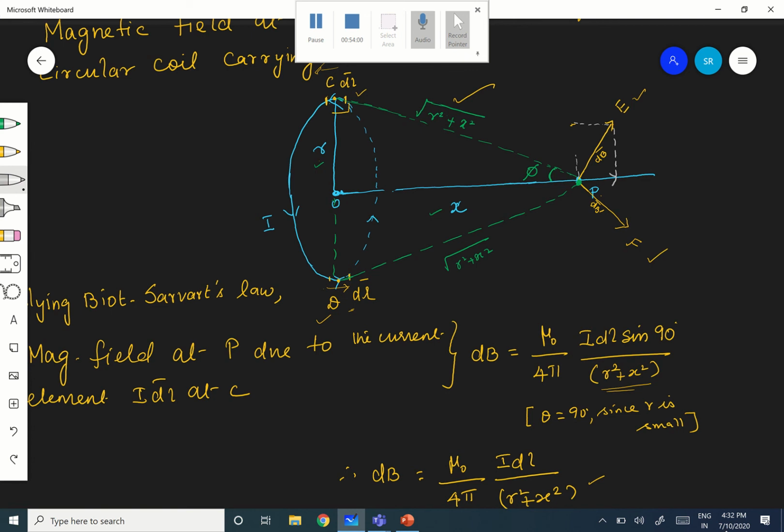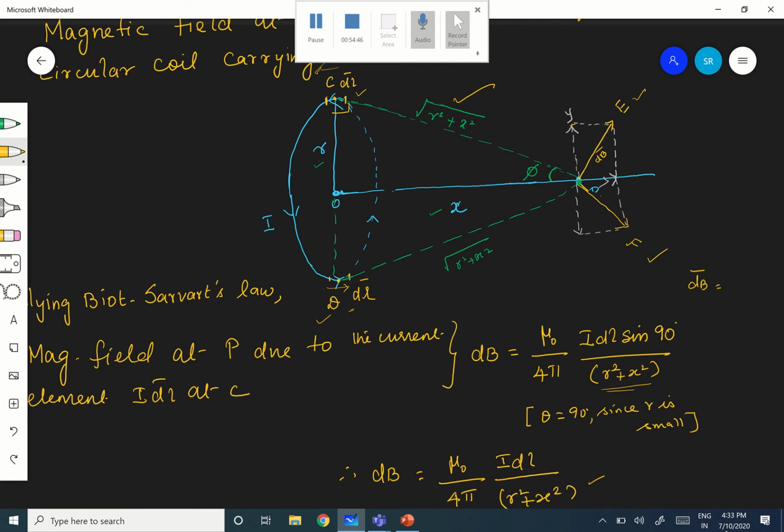Okay, therefore you see. Let this be Y. Like that, resolve this F also into 2 components. One like this, the other one like this. Children, it's very, very important. When I resolve dB and dB dash, that's why I have given 2 names here. It will be easy for you. dB magnitude is equal to dB dash, but the direction is different. Therefore, dB vector is not equal to dB dash vector.